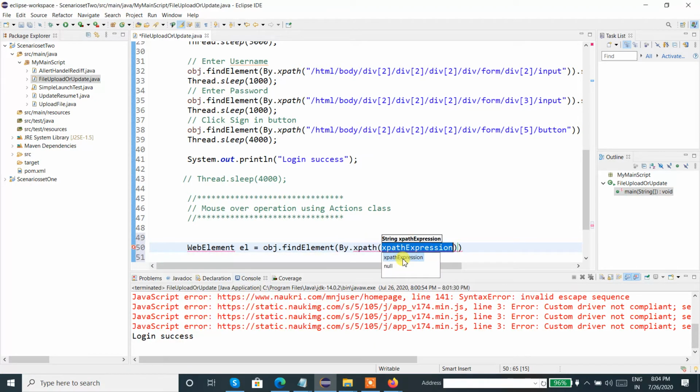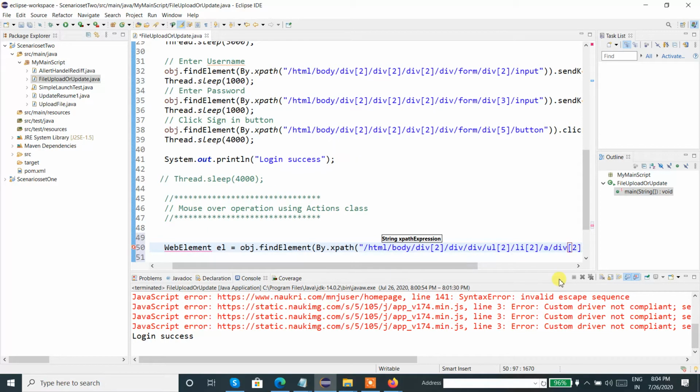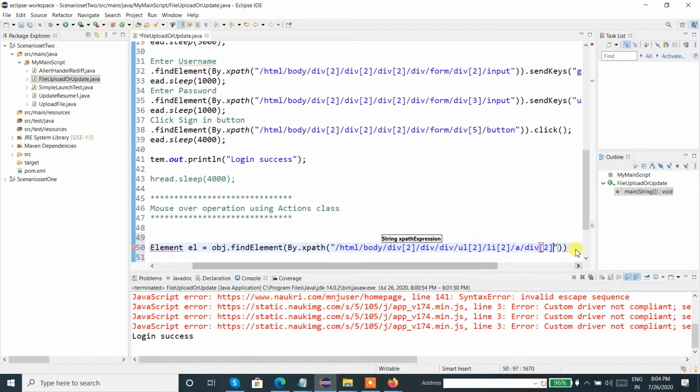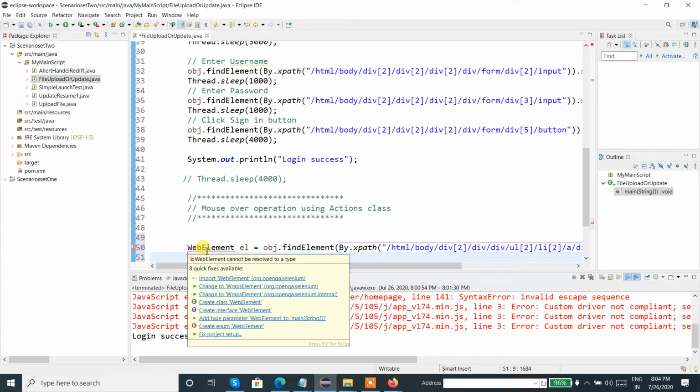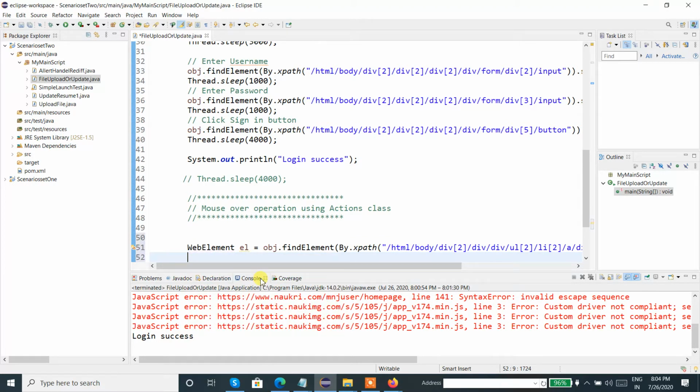I need to provide the XPath for My Naukri, so I copied it and provided it over here. Fine. So I declared one web element. Now we can see the error. Keep your cursor over here, and we can see the API org.openqa.selenium. Just click over here. Fine. That's it, it is so simple.